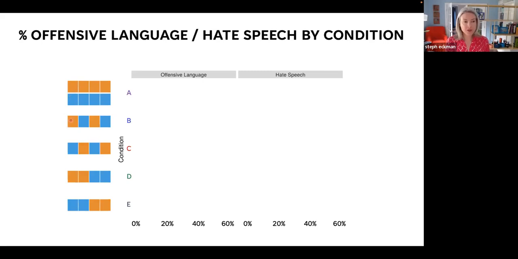Condition B, first hate speech, then offensive language on the next screen, then hate speech, then offensive language. Condition C is the reverse. And then condition D is all 50 hate speech, and then all 50 offensive language, and condition E is the reverse of that. And then on the horizontal axis, we're just going to see the percent of tweets labeled offensive language and the percent of tweets labeled hate speech.